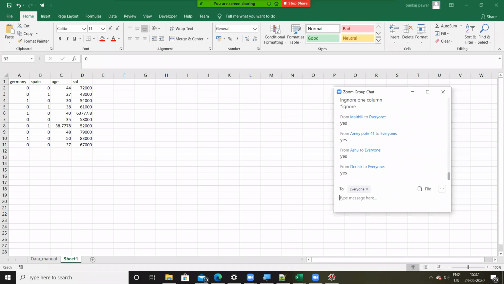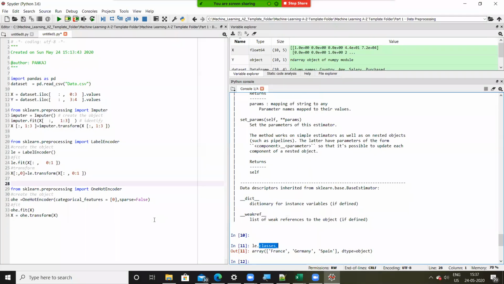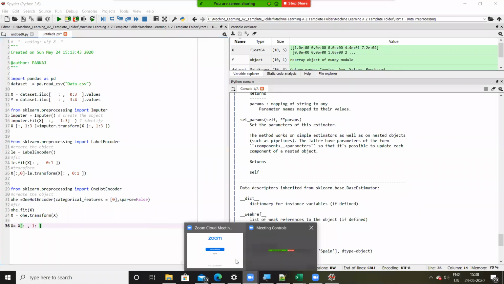So in our code, we will say x is equal to x, all rows of x, but starting from index 1 for the columns till the end. Is this syntax clear? Line number 36. Can you quickly confirm it on the chat window, guys?